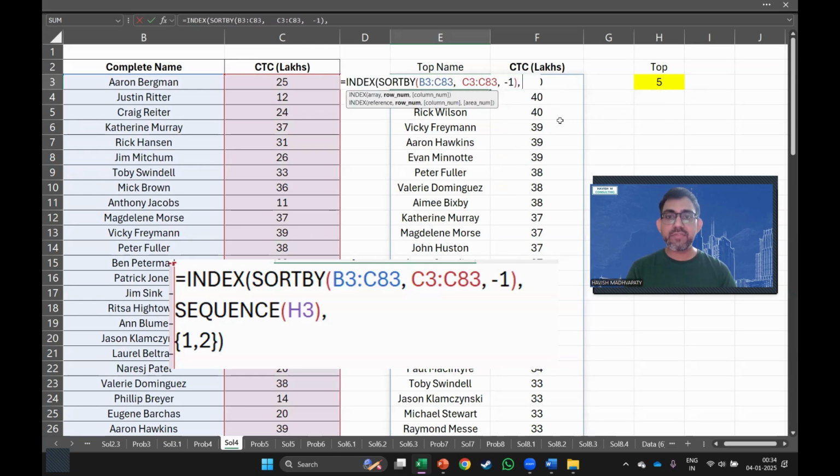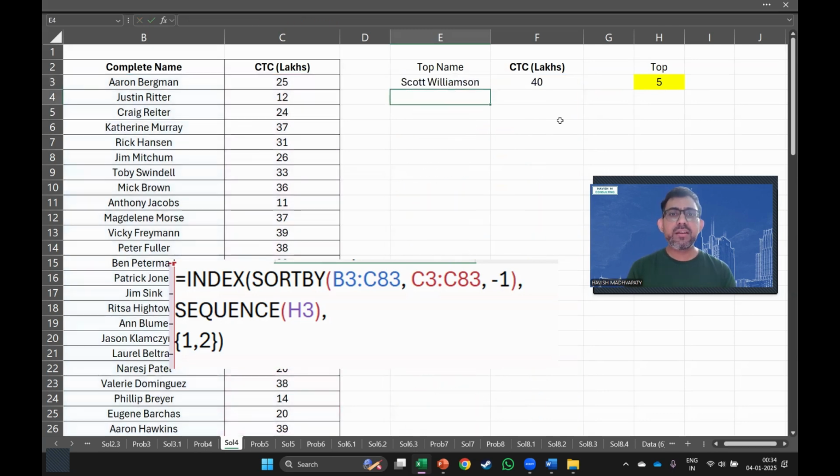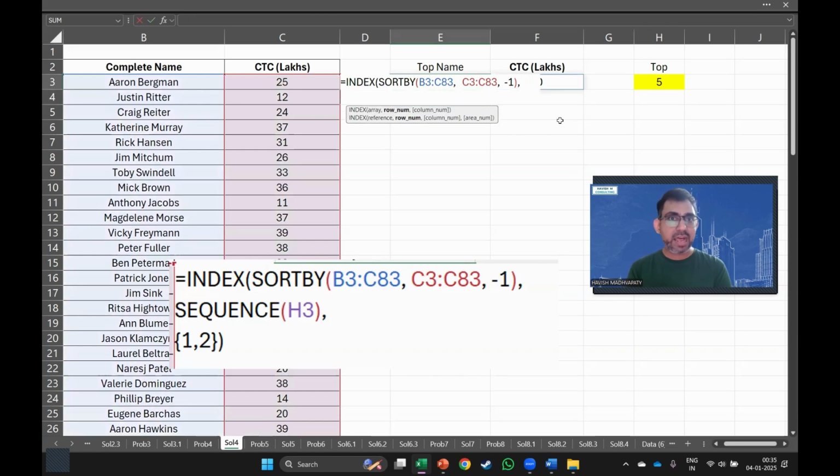Now, in INDEX, if I say 1, let us assume I write it manually, it gives me the first one. If I say 2, it gives me the second one, and so on and so forth. But that doesn't make sense because I don't just want a single name and the corresponding value, but a list of them. So for this, we will use the SEQUENCE function, and we will click on the cell